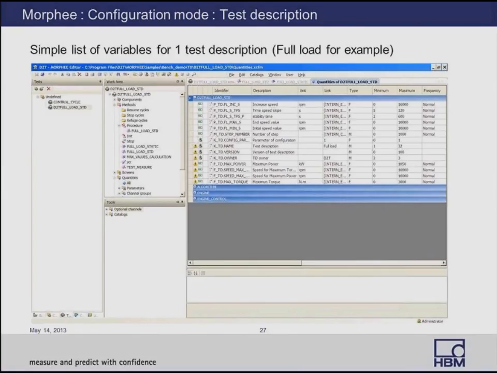So you can see from the left side here, I have my list of test descriptions. Here it's a very short list. For the demo, you can have as many test descriptions as you want. And for example, if I select the full load test description, I will see more information about what is actually in my full load description in the work area in the center. You see the test description is made of methods, so those are the subroutines